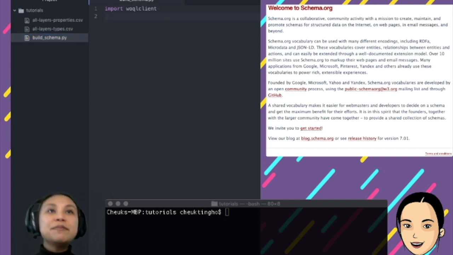Okay. So import Waco client. That's how you can do it. But I don't like it being like this. I like it this way: import only the thing that I need. Because we actually have a lot of useful things in Waco.